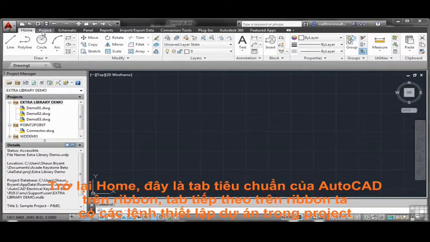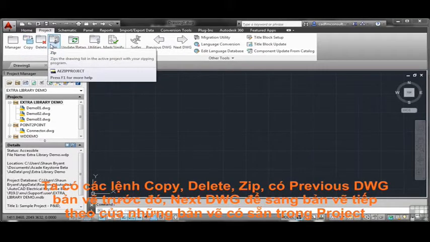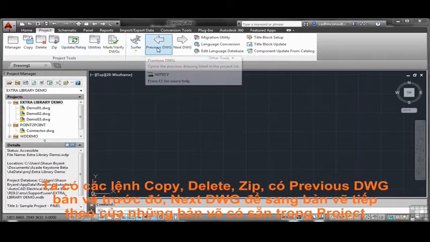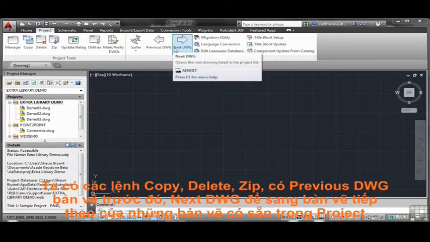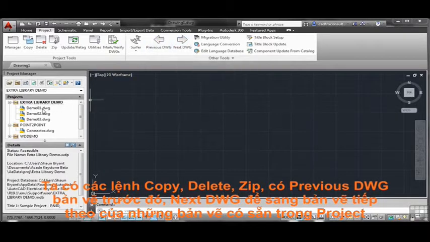As I start moving along, as I mentioned though, I can set up a project. So I can copy an existing project, I can delete projects, I can zip projects up to save space on my server. I can also move in and out of existing drawings, so I can go to a previous drawing or a next drawing. So if I open up an existing drawing, let's say in a project here, I've got